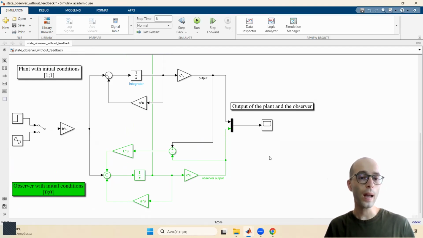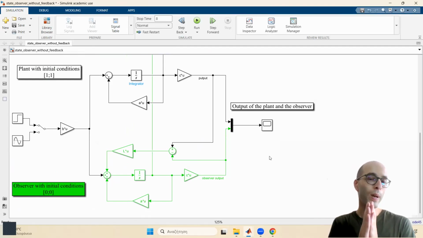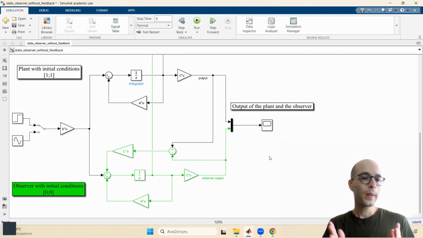Now what happens when we actually need to estimate the internal states of the system? We know the input to the system, we get some information for the system from the output, but we also need to estimate the internal states of the system. Why do we need that? Well, basically, because estimating the internal states gives us more complete knowledge of the system. The output gives us some information, but knowing the actual values of the states gives us complete information